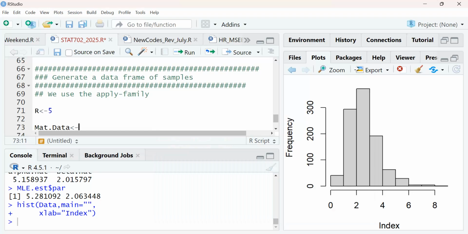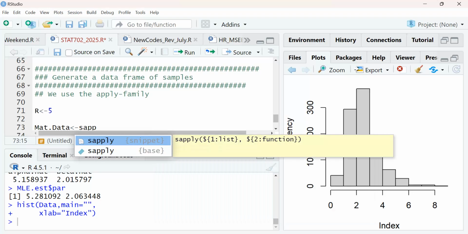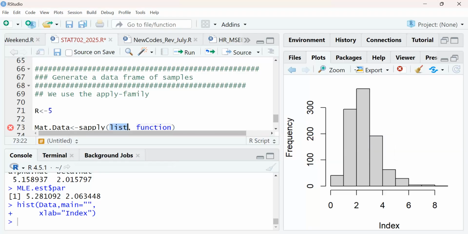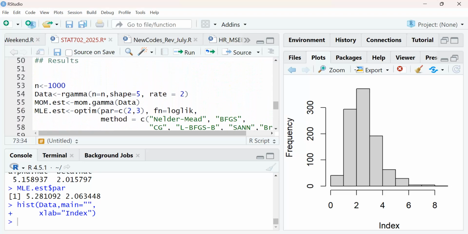I'm going to use what we call the sapply. So this is a sapply function, so that it can take a list and then act on a function. So that list, I'm going to say repeat 1 to R, which means 1, 2, 3, where R is 5. So 5 of them, right? So what is my function? My function takes i. So it means that when it takes 1, i will be equal to 1, and then it goes in. Then all I'm doing is I just generate observations from a gamma distribution. So I'll come here and copy this.